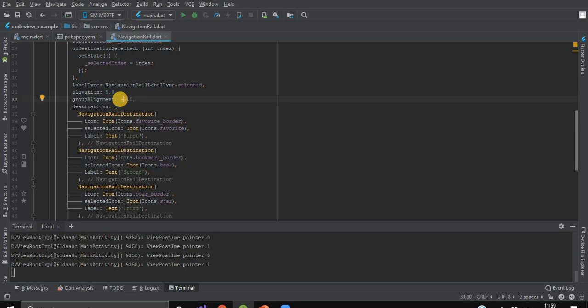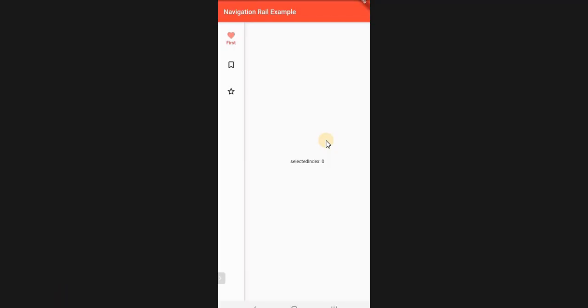Here, the -1.0 value will show your list of destination objects from the top of the navigation rail, 0.0 will show them in the middle of the navigation rail, and 1.0 will show them at the trailing side of the navigation rail. So here I have changed it to -1.0, and we'll save this and run our project again. Now our list of navigation rail destination objects are starting from the top of the navigation rail.